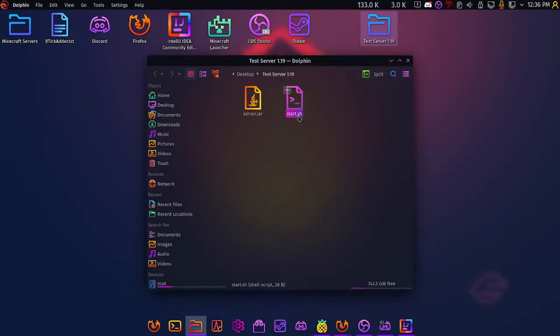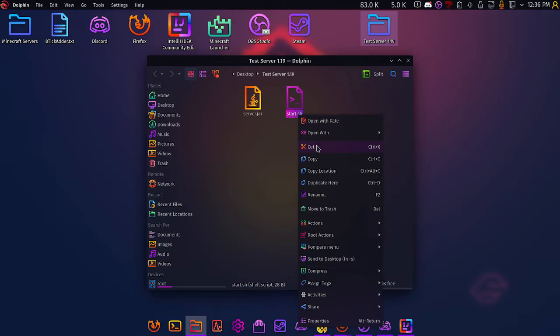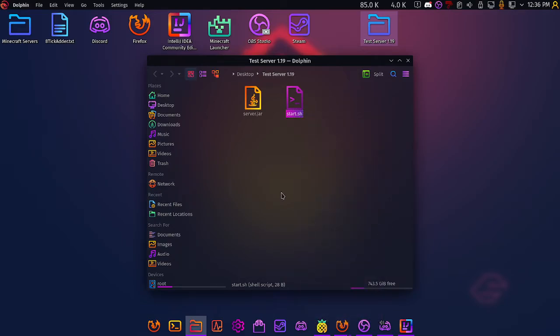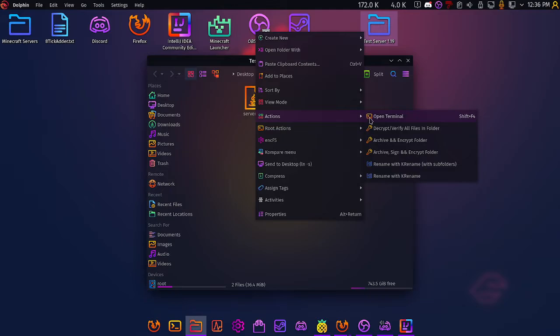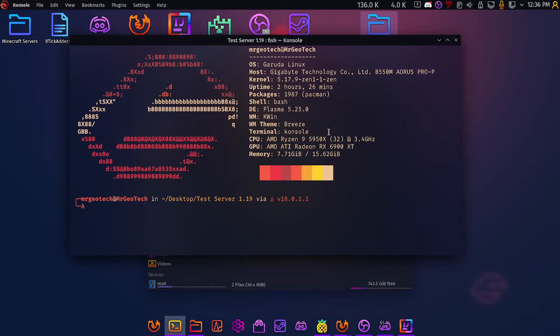So then, if you're on Windows, just double click and you should see a terminal pop up. On Linux, I have to do